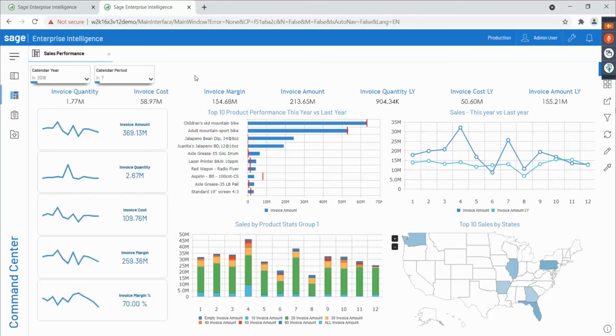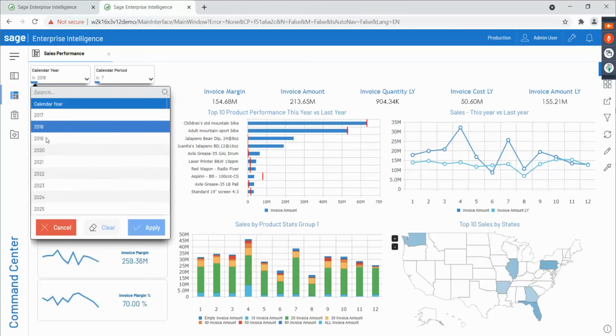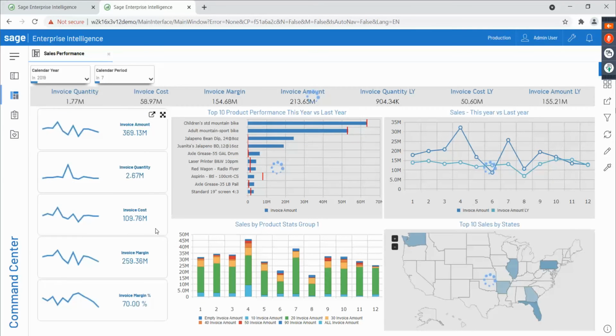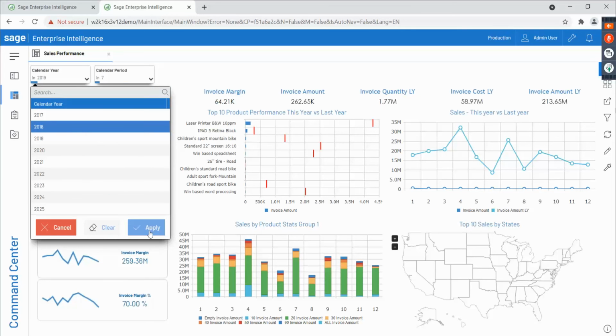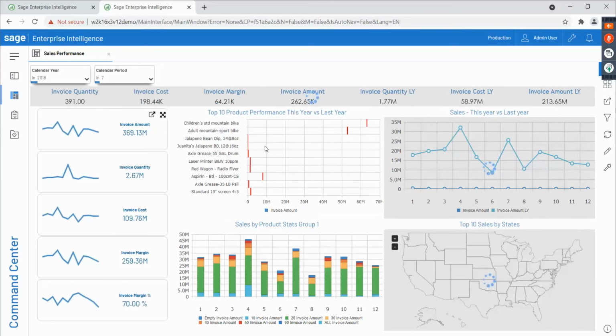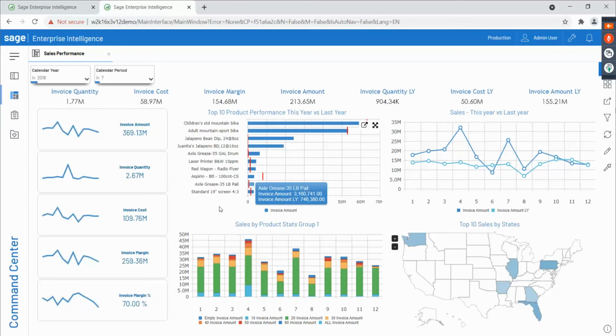We can very easily manipulate the information on this dashboard by simply choosing the different filters here on the top. So for example, if I go and pick 2019 as my calendar year and apply that, we will see the data readily changes and show us what is available in terms of the data for the analysis on this dashboard for that particular year. I'll switch back to 2018 because now I would like to also show